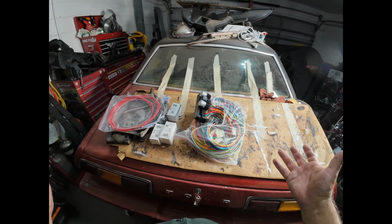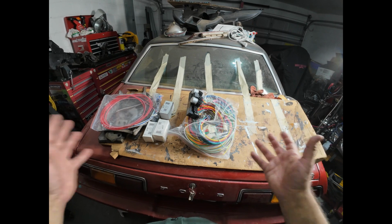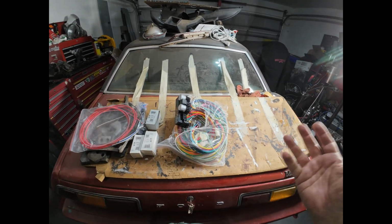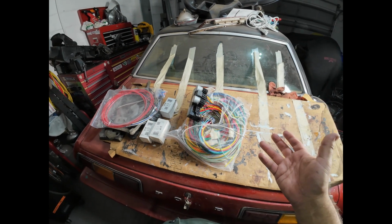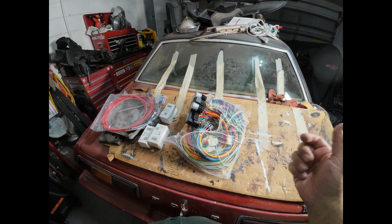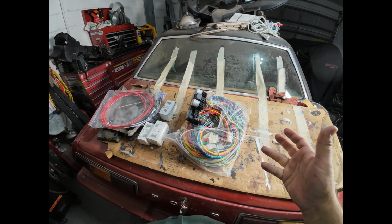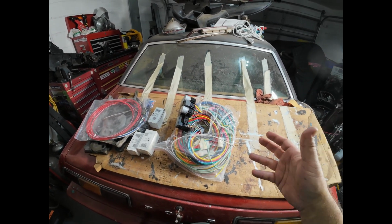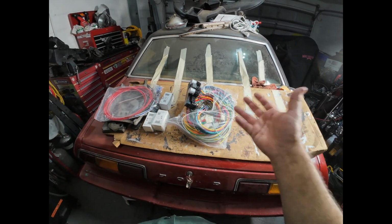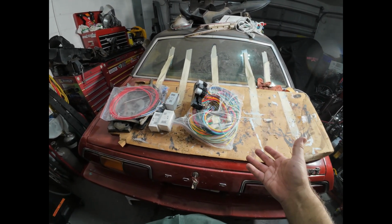So I've got a lot of other systems on the car that will integrate with this, like my fuel injection, as I mentioned. My transmission's a TKX. The TKX uses Ford factory components for the vehicle speed sensor, for the reverse lights, for the neutral safety switch, and all of those are brand new Ford switches that I'll be able to wire into and integrate into this